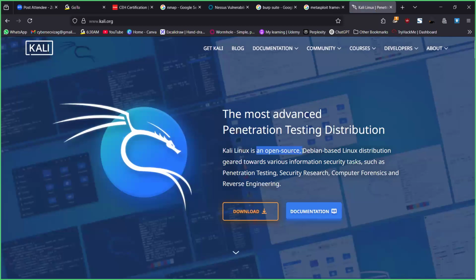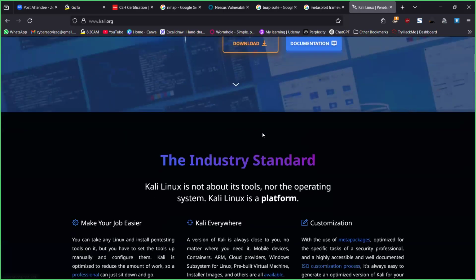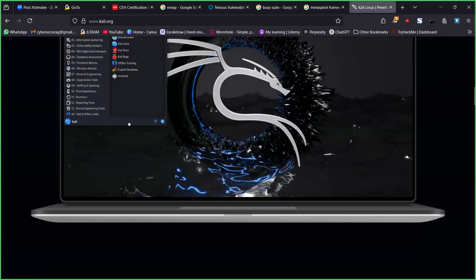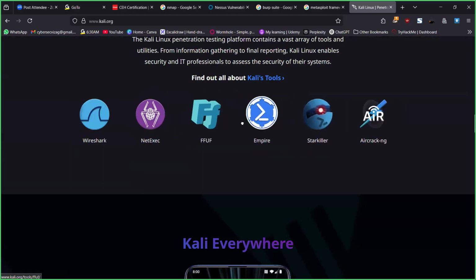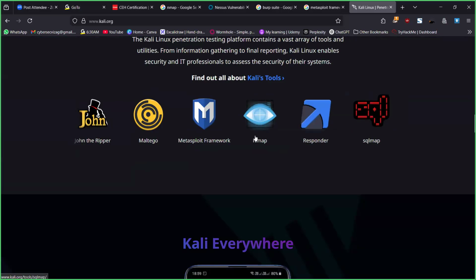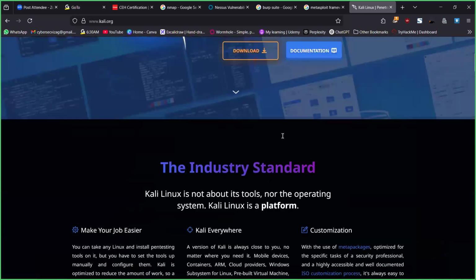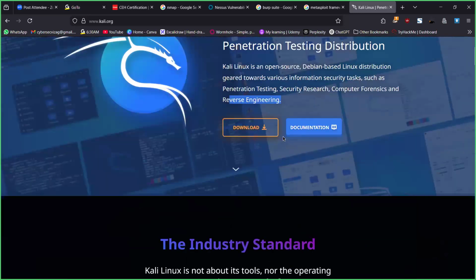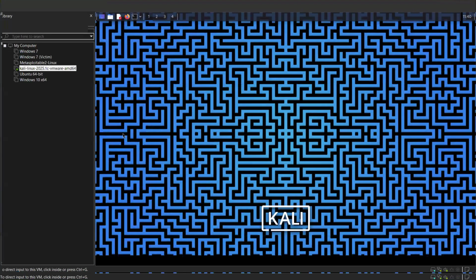Completely open source and can perform various operations such as penetration testing, security research, computer forensics, reverse engineering, vulnerability management. All of these operations can be performed from this one single OS. It comes with more than 600 tools. All the tools which I've mentioned, Metasploit, Nmap, Wireshark, Burp Suite, are pre-installed in this one single operating system. So I'm going to practically show you how to install this operating system in the software called VMware. As you can see, this is my Kali OS here. Don't worry, I'm going to show you how to install a practical lab, guys. And once the lab is ready,